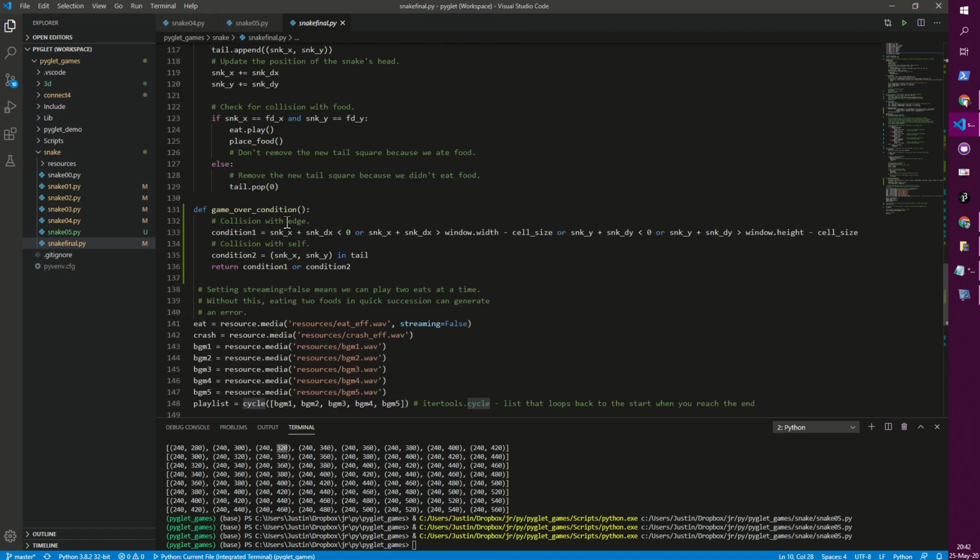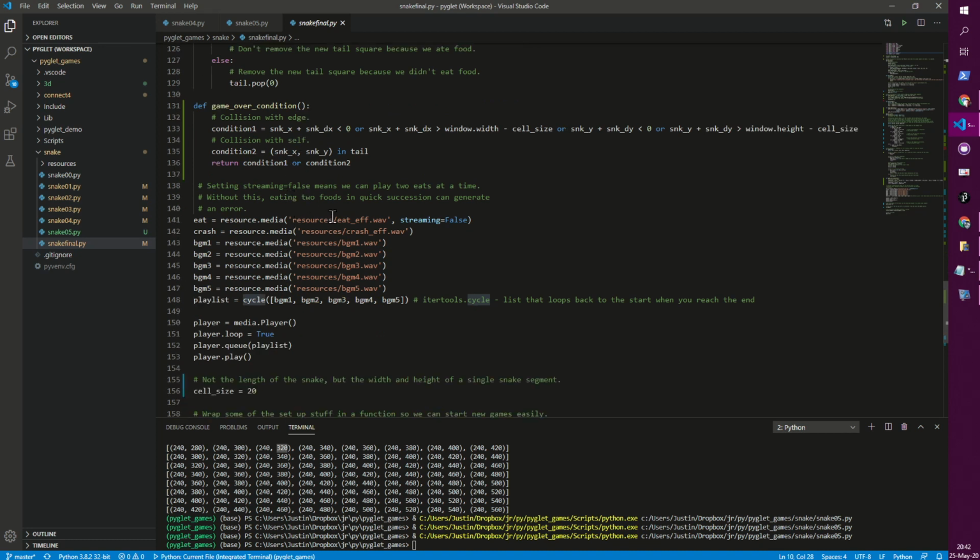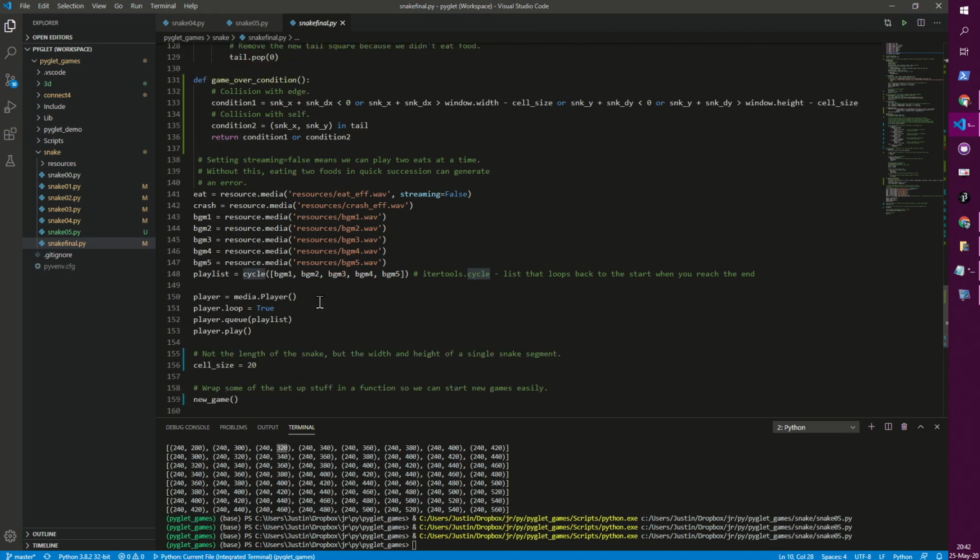Yeah, some bits to do with the sound. Game over condition we did last time. Let's look at this. So what I've done is in my folder here that contains all my .py files, I've